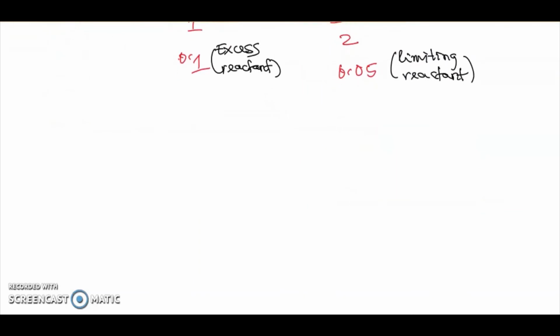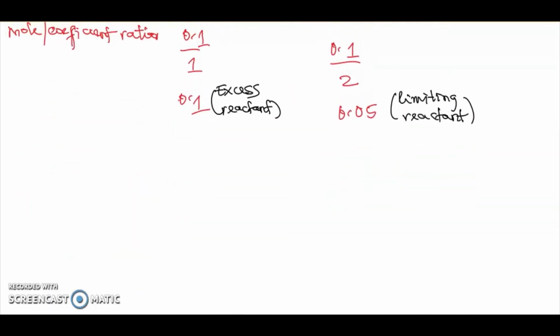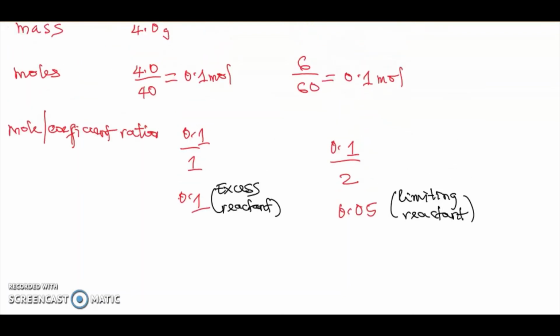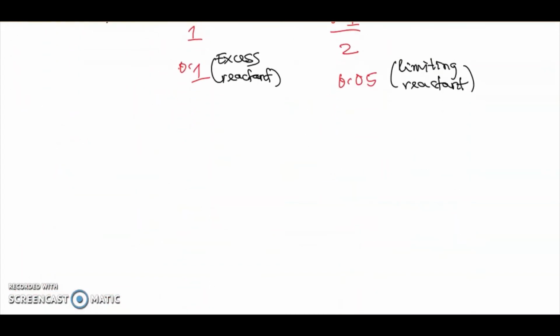Okay, now if we look at the second part of the question, what mass of the excess reactant was left at the end of the reaction? Now, for us to know the mass of excess reactant that was left, we need to know the number of moles of the excess reactant that reacted. And if we look at the equation for the reaction again, we can see that 2 moles of ethanoic acid reacted with 1 mole of calcium. So we need to make use of that. So let's look at the B part of the question. B. So from the equation